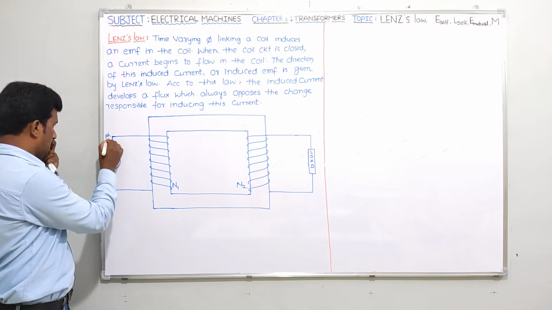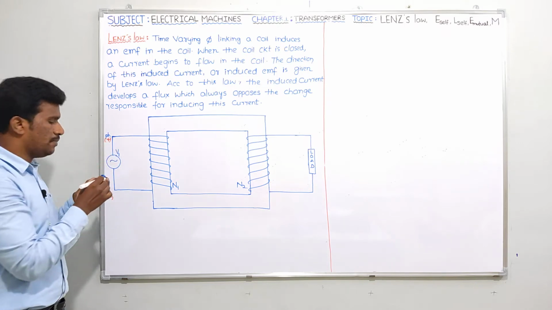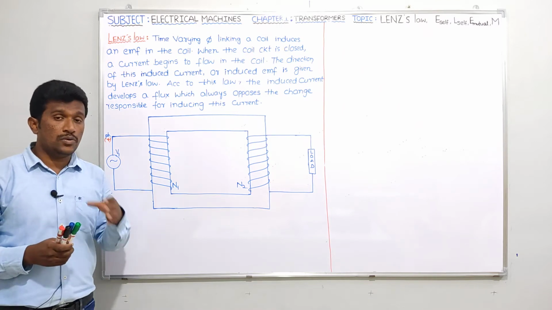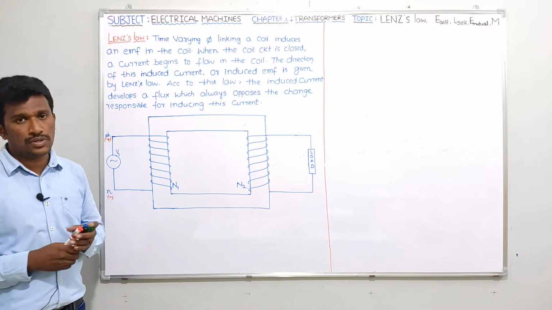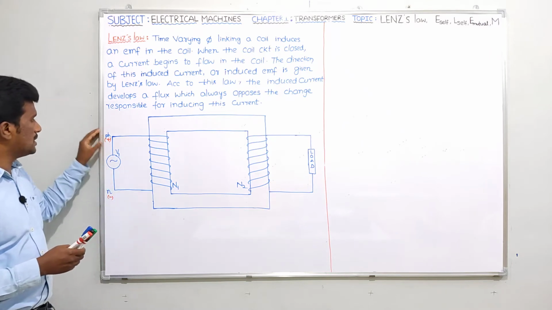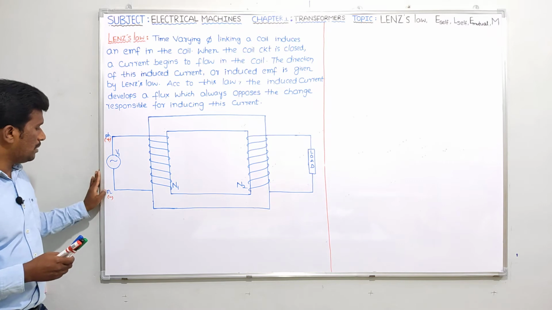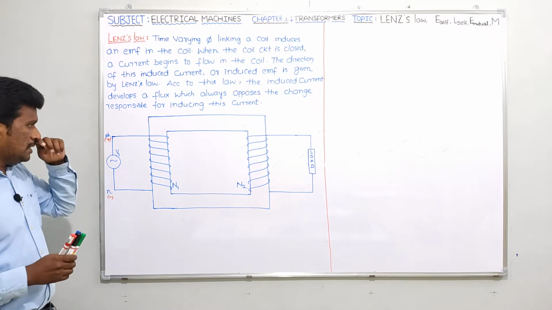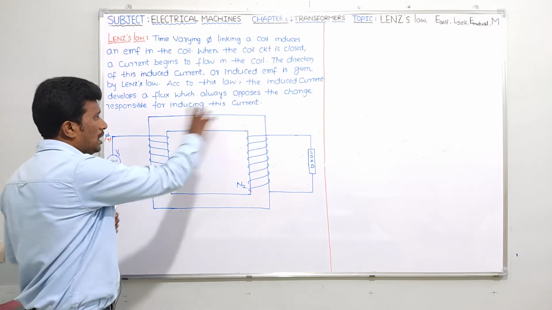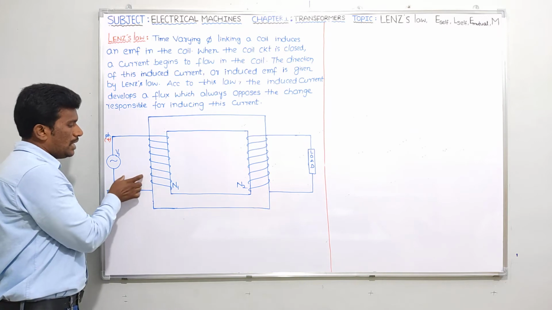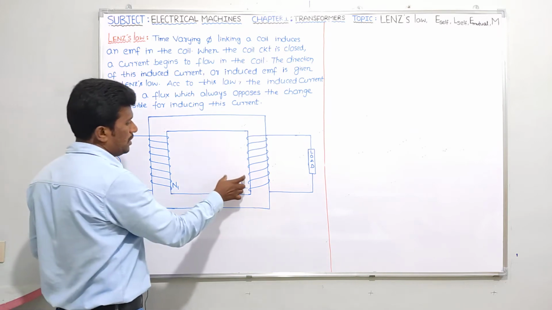It's your wish. Generally plus minus means people will think it's a DC supply, and we know that we should not give a DC supply to the transformer. It's an AC supply only. But phase is assumed as plus, and the neutral terminal is assumed as minus here. That's the only thing. See guys, this is our transformer core having a primary winding and a secondary winding. The primary winding has number of turns N1, the secondary winding has number of turns N2.